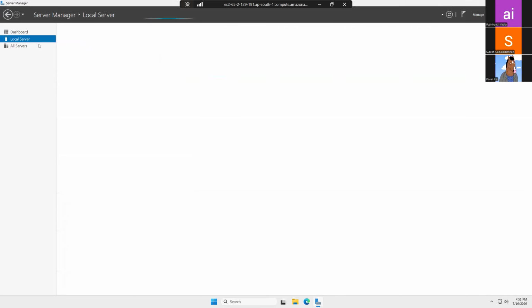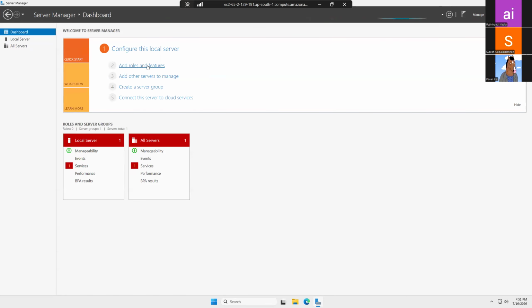See in the dashboard, click on dashboard, configure roles, features, other servers to manage, create server group. Sir, here there's a concept called ADDS, Active Directory Domain Services, and that became, on the cloud side, Active Directory on Azure AD, and that became now Entra ID. Okay, names are changed.